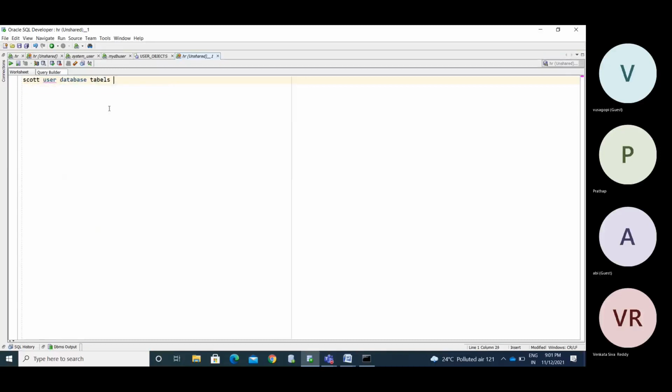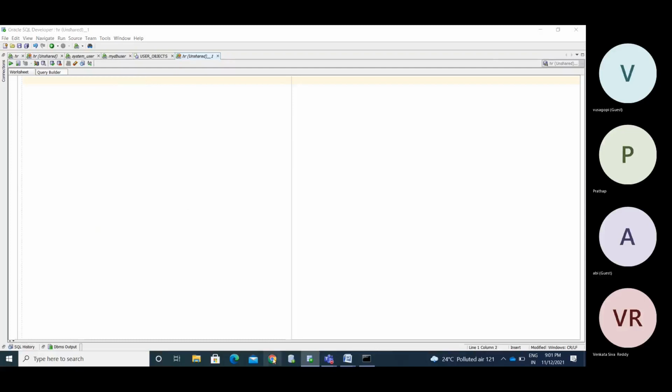It will show some script. Open that, copy and paste it in your schema, and run it by pressing F5. It will build the tables.